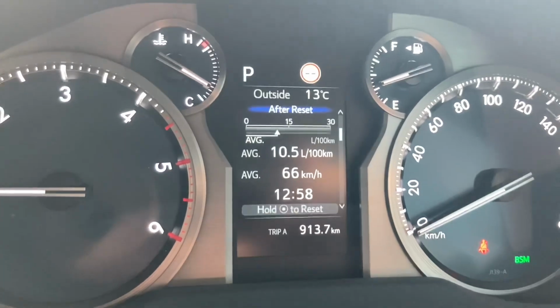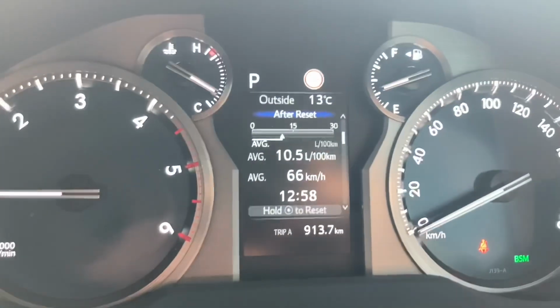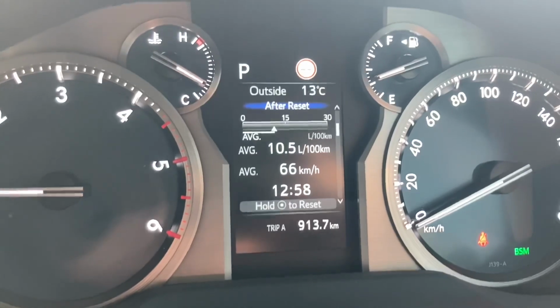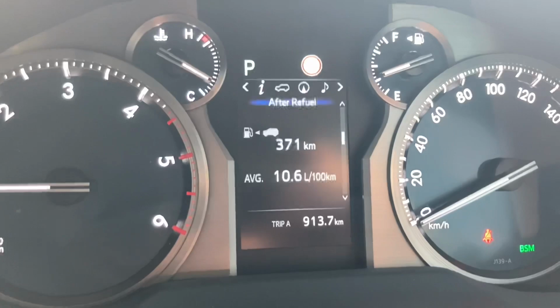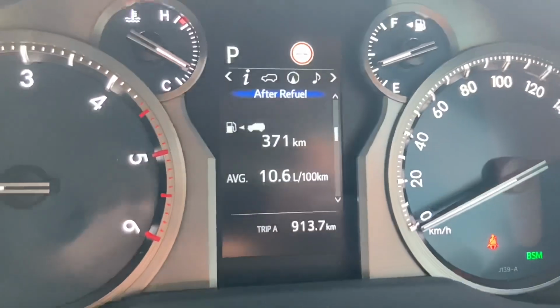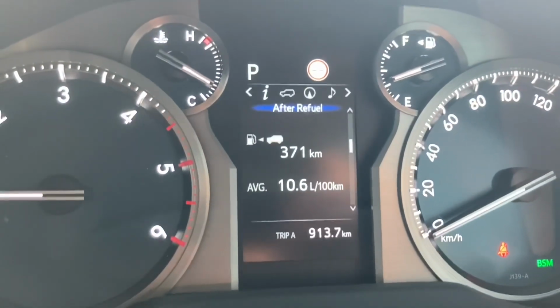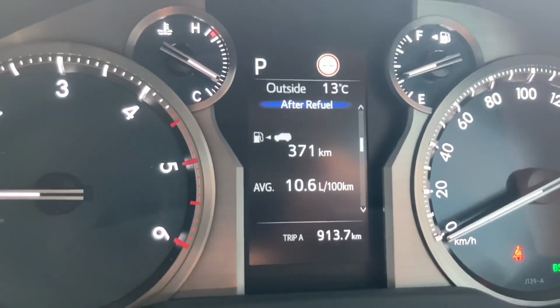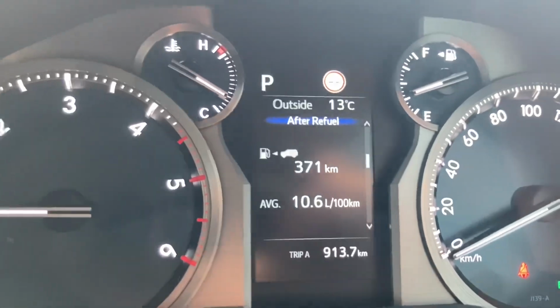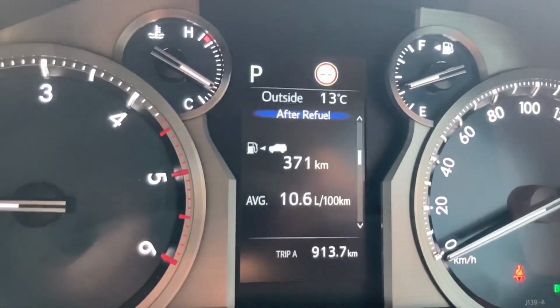Now, this one here, you can see it says after reset. So that's my after reset 10.5. Now, there's important information. Let's go to the after refuel. Okay, so after refuel, that's the one that automatically resets. You can see it says 10.6 litres per 100 kilometres. It is very accurate. But what I want to tell you about this is, in that 913 Ks, I reset